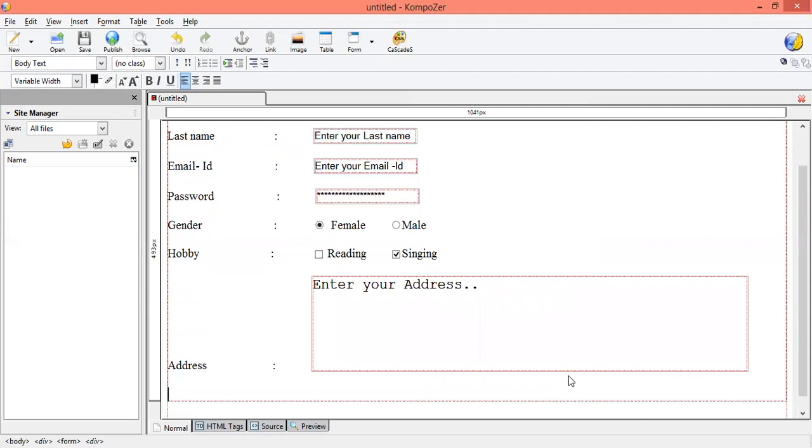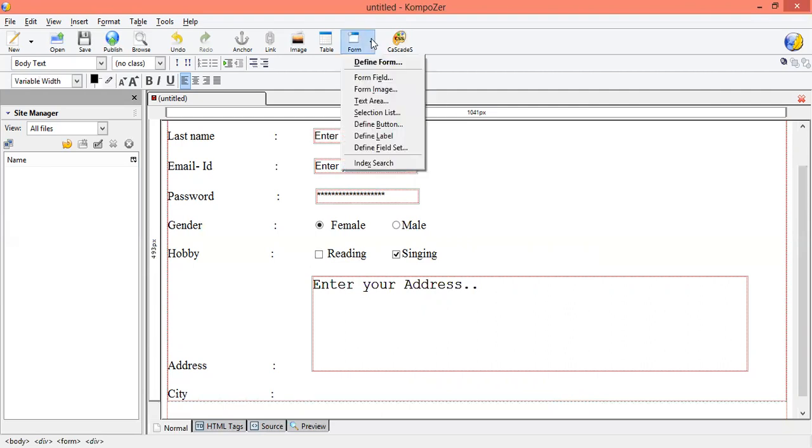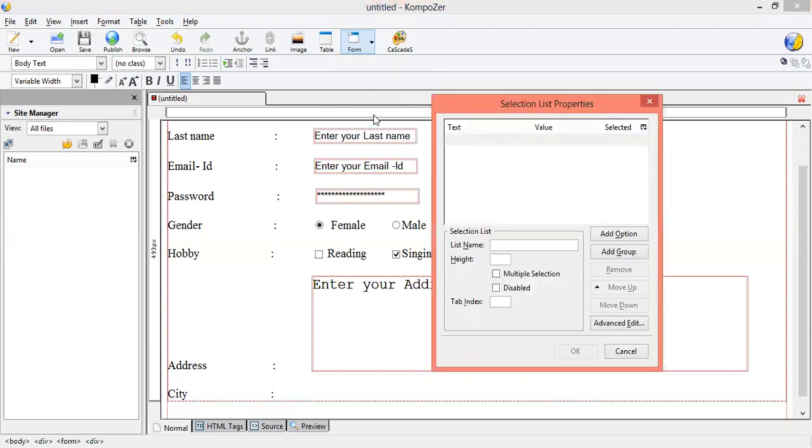Then next one which is city. For the city, we have taken here selection list. Click on form, selection list. First we specify the list name which is city.